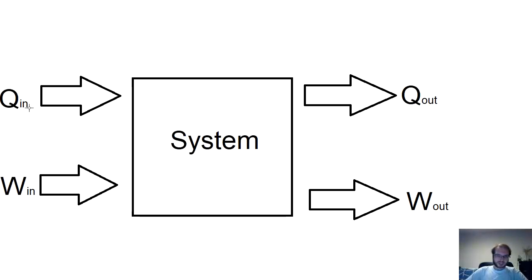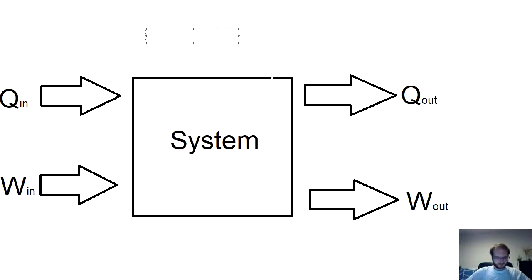So, we will always need to look at the absolute values, and look at the direction, whether it's input or output. So we will have Q input as a positive value, Q output as also a positive value. Same goes for the work, and the sum will be